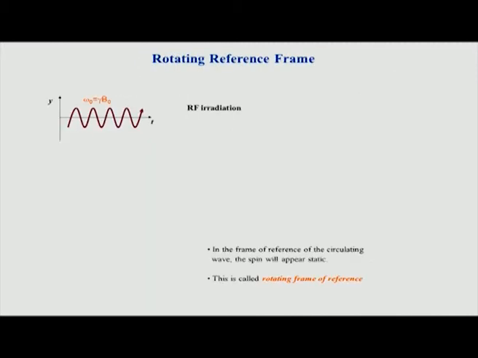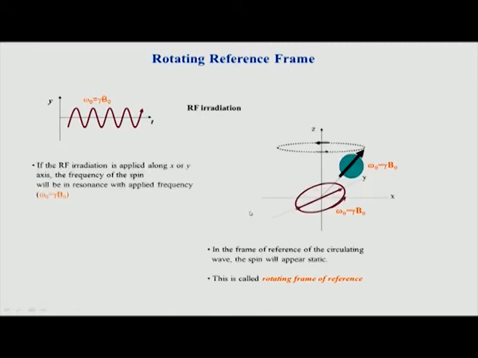Now, how do we achieve the excitation? Remember, we have to take the molecules from the ground state to the excited state. For that we have to invoke the rotating frame of reference. What is the rotating frame of reference? We saw that there is a spin which is oriented like this, and it is revolving in this direction with this angular frequency. Now, the RF radiation which we apply for excitation also has this frequency omega. So, if you picture this, I am applying a radiation which is circulating.